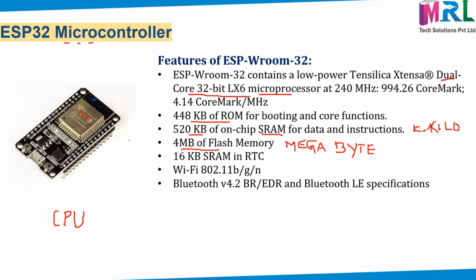And then 16 KB of static RAM, that is for RTC. RTC is real-time clock. This is for fast access, so you can store that in this memory. And then Wi-Fi. You can have the Wi-Fi connection with ESP32, and you can have the Bluetooth connection with